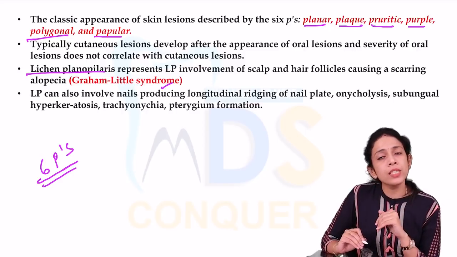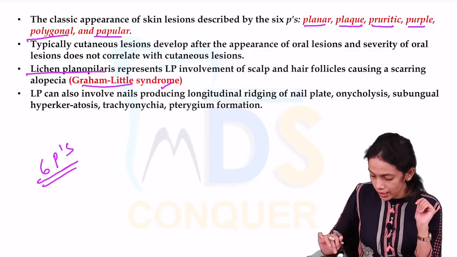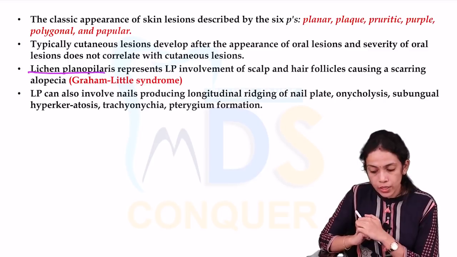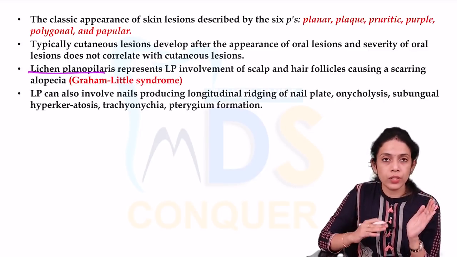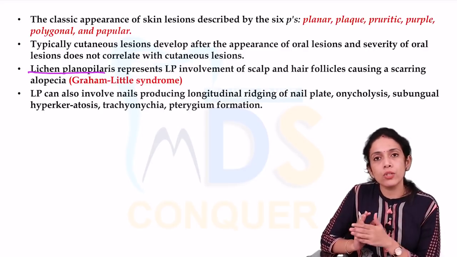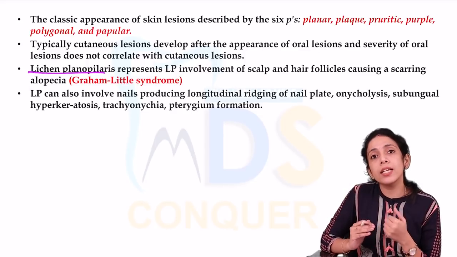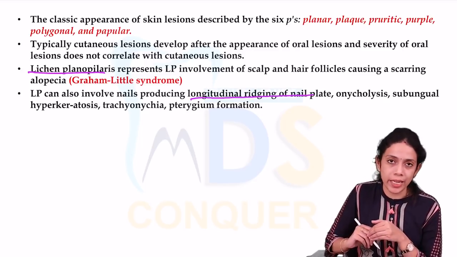Here, if you see the present case, there is alopecia as well as scarring of the scalp, which is nothing but lichen planopilaris. So this is an important point to be noted. The answer for this question is definitely lichen planus. And one more thing, the patient also presented ridges in the nails. So when lichen planus involves the nails, there will be longitudinal ridging of the nail plate. One of the important features again.